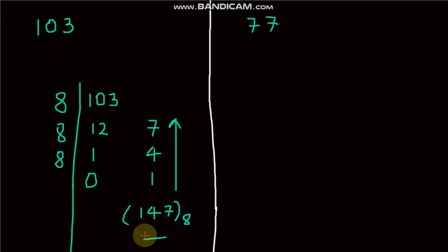It is very simple. So if you note, we can see here that the conversion of a given number into octal is really very simple compared to binary, because in binary we get many such values in the continuous division, but in octal we get only 3 or 4 such values. So the answer is 147.